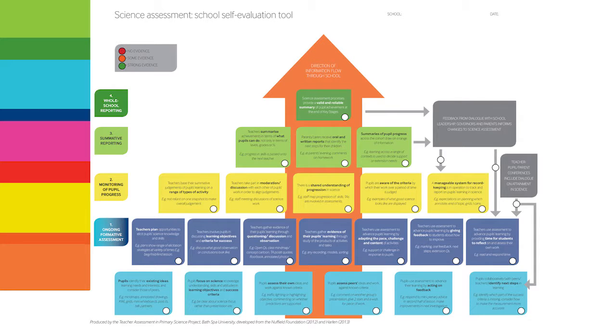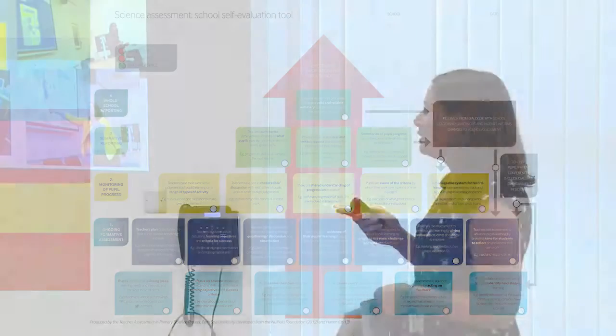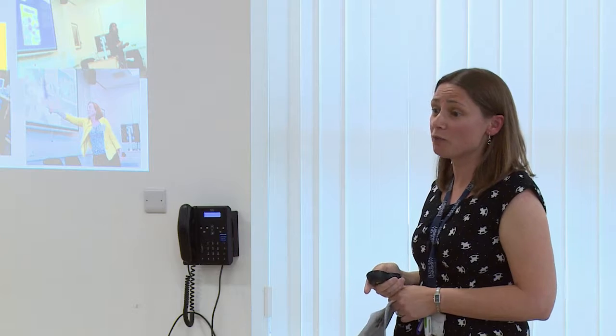The boxes are filled in. So we put words inside to explain what the criteria are for each of these different layers. We've added a pupil layer so that pupils are at the heart of what's happening. It moved around a little bit, the boxes, so summative reporting happens after the school has had discussions, moderating discussions, that kind of thing. We've gone and talked to a lot of other people as well.